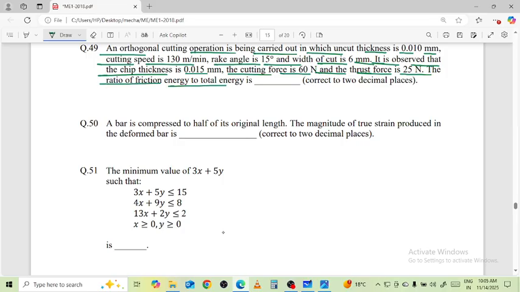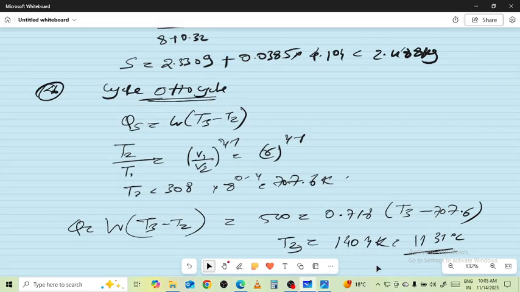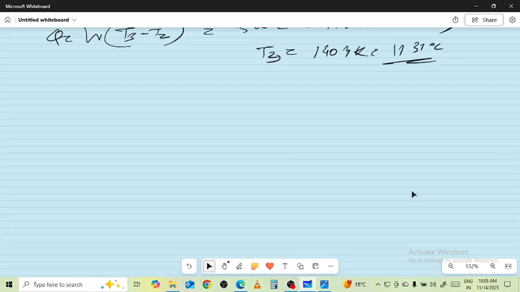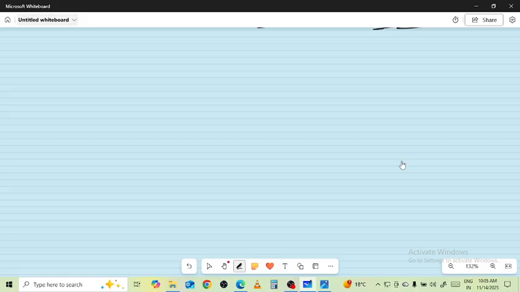Ratio of friction energy to the total energy is to be asked over here. So on that note, FC value 60 Newton, FT equal to 25 Newton,